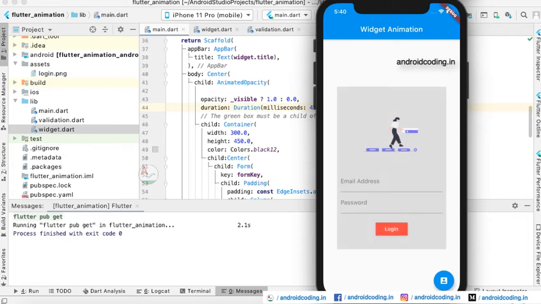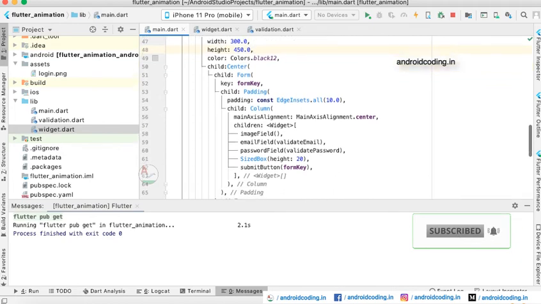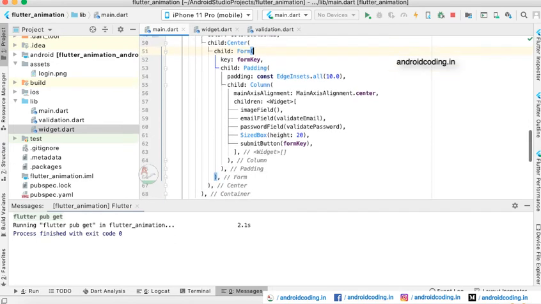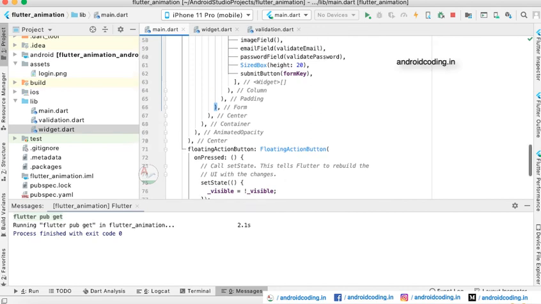These are all the simple parameters we have used: the width of the container, the height of the container, and the form for specifying a login form. These are all the sample things we have seen in the previous tutorials on the login form.